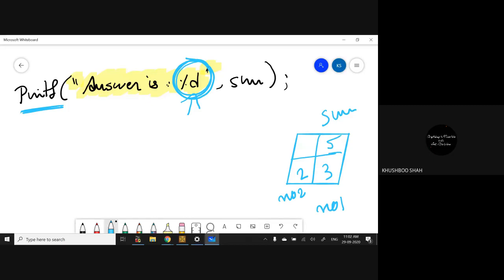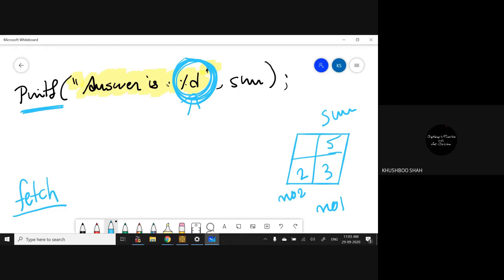Now, we have already stored the data inside the memory. So this is the inputting of data. Now we want to fetch the data. The term is fetch. Fetch means whatever you have inside the memory, let's get it out. So in the printf statement, if it finds any format specifier, it means that this printf statement has to get the data from the memory.